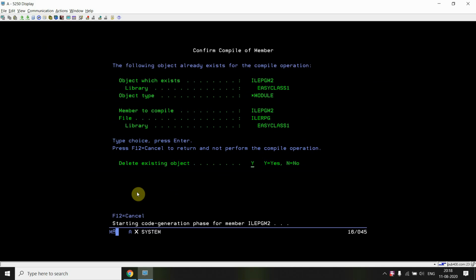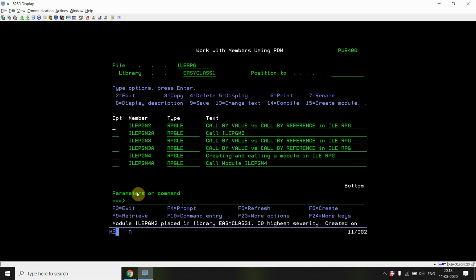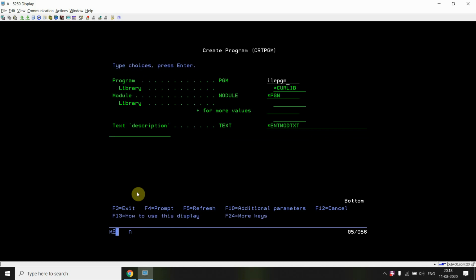The first thing is I am showing you call by reference, then I'll be showing you that call by value won't work. Okay, I just compiled the module. I'll be creating the program using create pgm ILE PGM2 with the module.